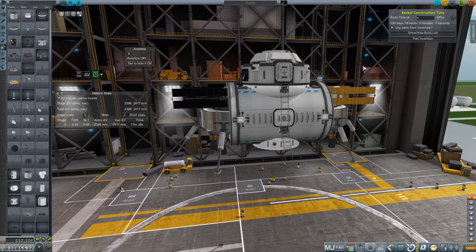Just this piece is going to take 229 days to put together, and that's at our rather, 6 build points a second is not light by any means. But we still probably need to put, what are you looking at, 60 tons? Yeah, we're probably looking at a